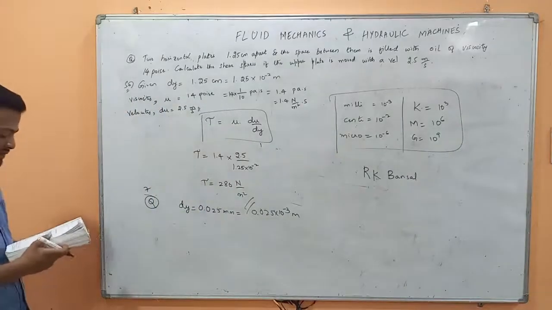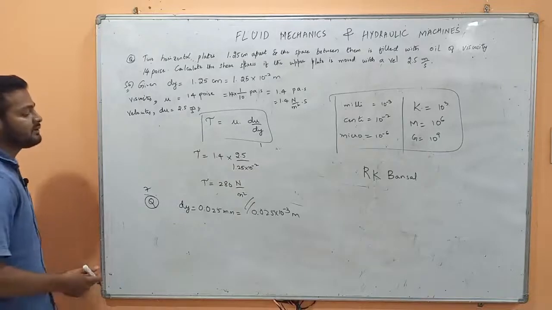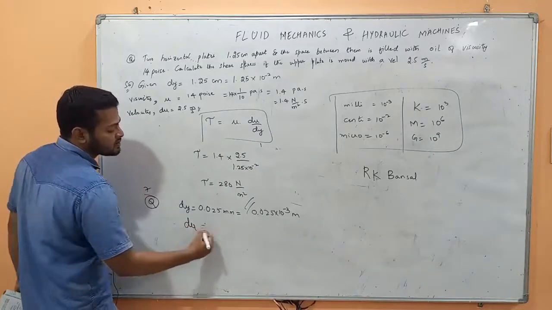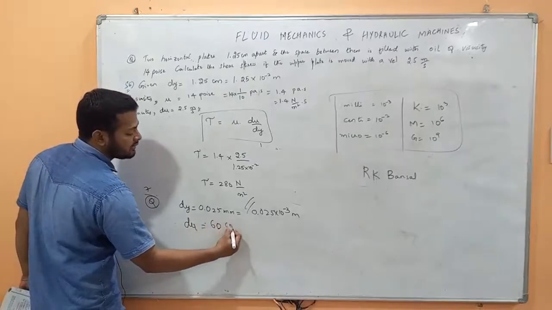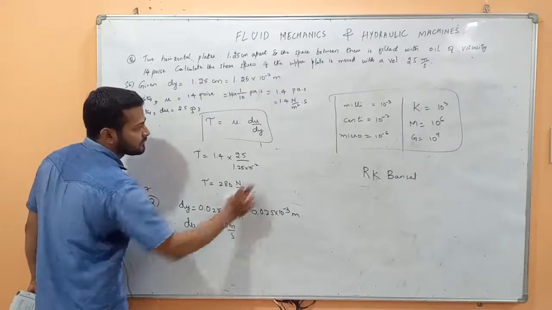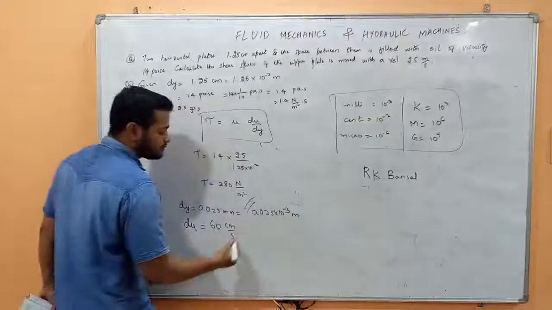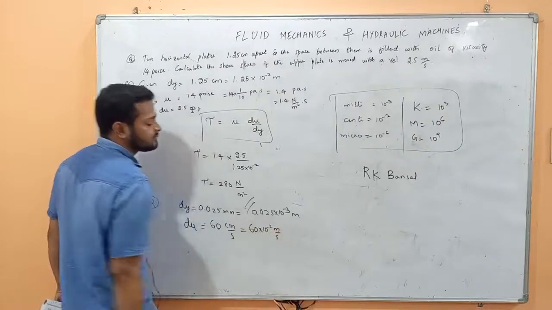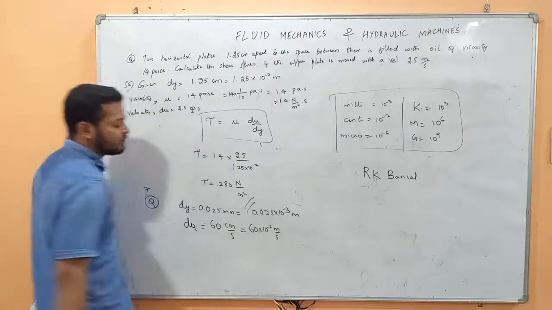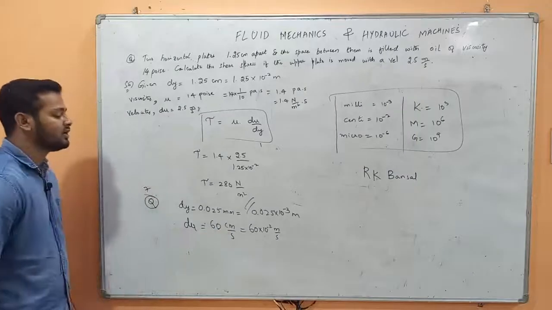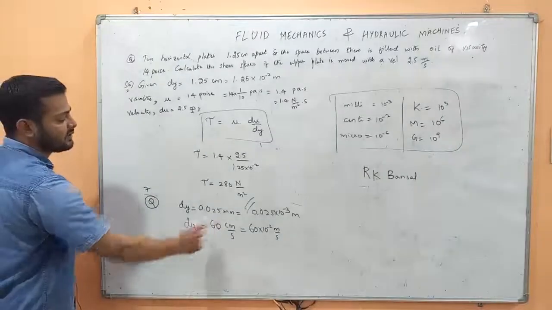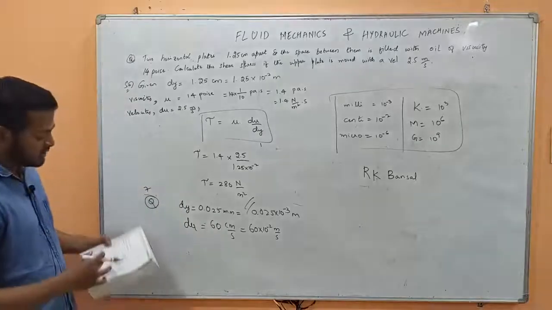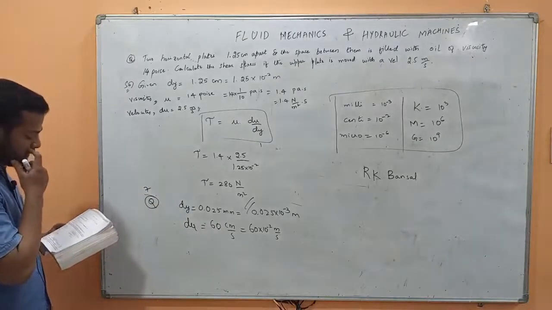Next, moves at 60 centimeter per second. What is this centimeter per second? Velocity. Centi is 10 power minus 2. So 60 into 10 power minus 2 meter per second. Meter per second is the SI unit of velocity, not centimeter per second. With the help of units only I got to know that this is velocity. In the question he has not said that this is velocity.